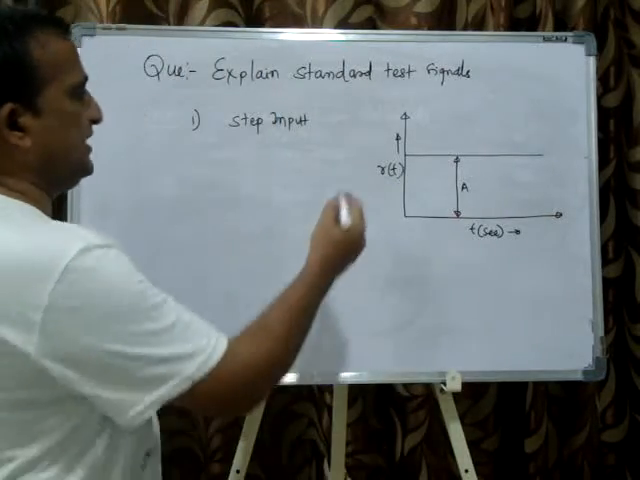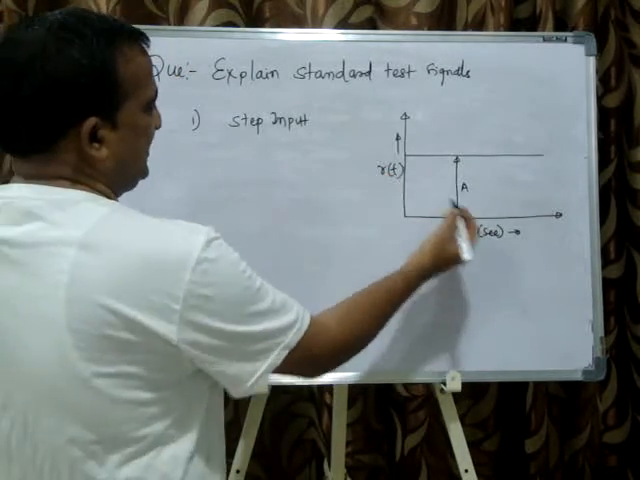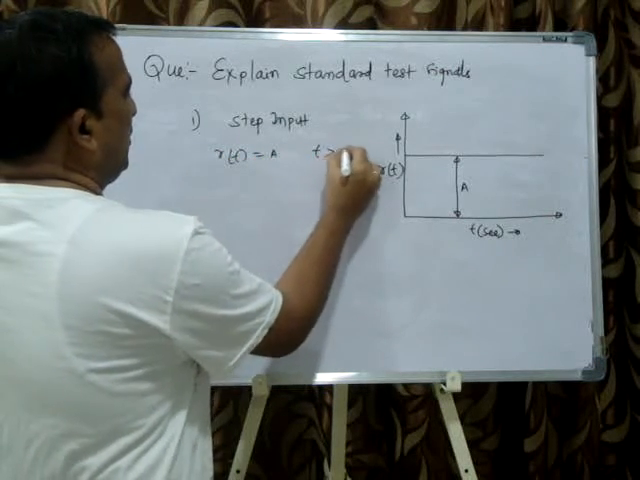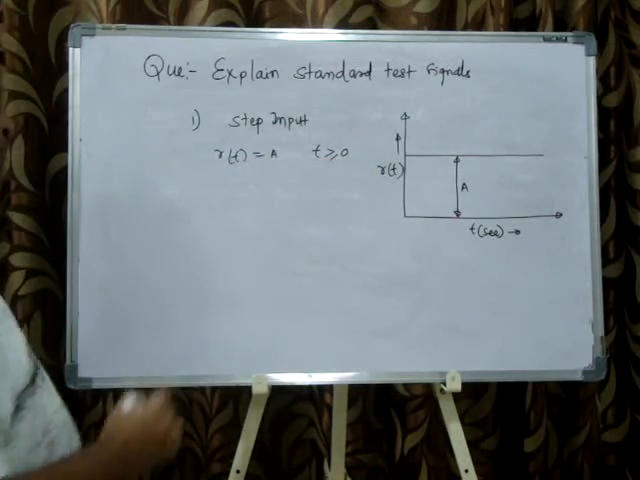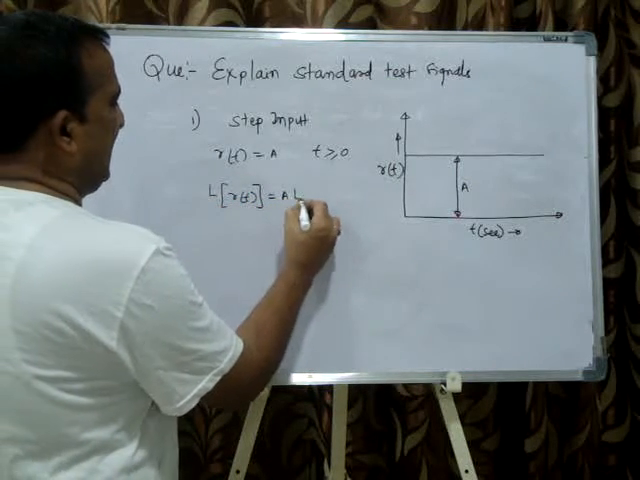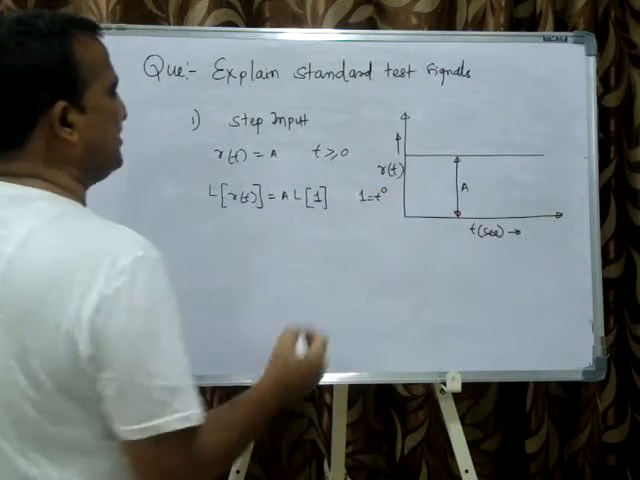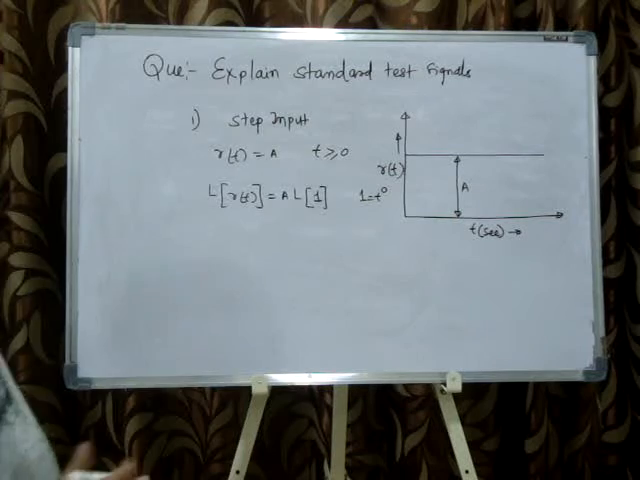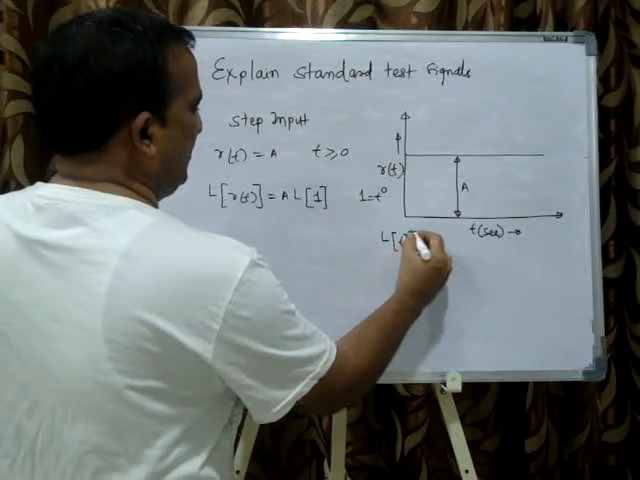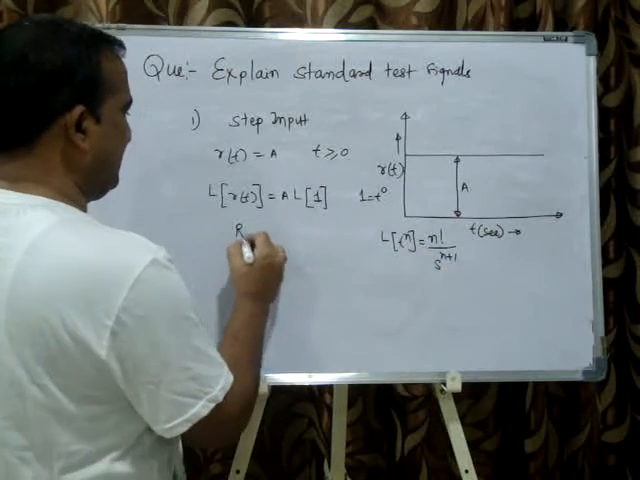Now I'll write the equation. It is like an equation y equal to 3 independent of x. Here y is r of t, x is t. So r of t equal to what? A, for t greater than or equal to 0. Now I'll take a Laplace transform. Laplace of r of t, that is Laplace of A, where A is a constant, for t greater than or equal to 0. It is a time function, and whenever there is a time function, I can take a Laplace. And you know that Laplace of t to the n equals n factorial divided by s to the n plus 1. So here R of s equals A times